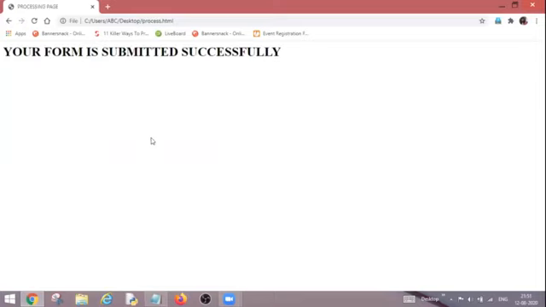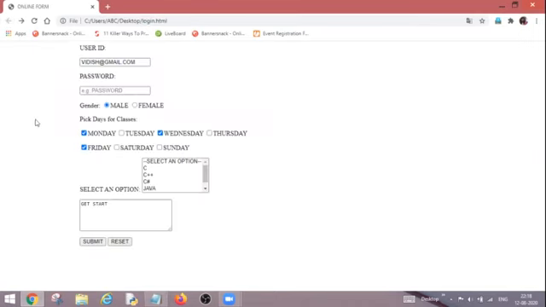So once I'm submitting, again my form is submitted. Now again I can go back and what can I see? That the form which was filled by me through the email ID vidish@gmail.com is here. All the values like gender as male, classes for Monday, Wednesday, Friday, course as Python, and the remarks get start are still there. So in this way, we are getting all the details back and I can reset it by clicking on reset.